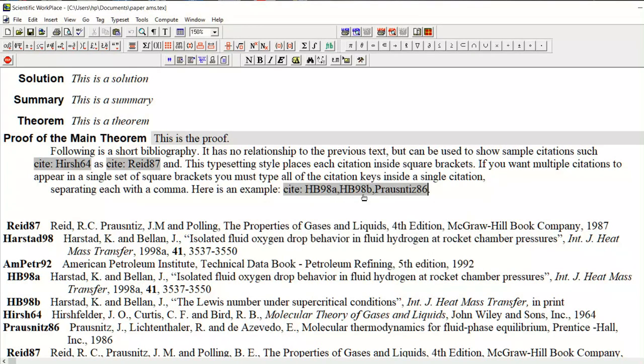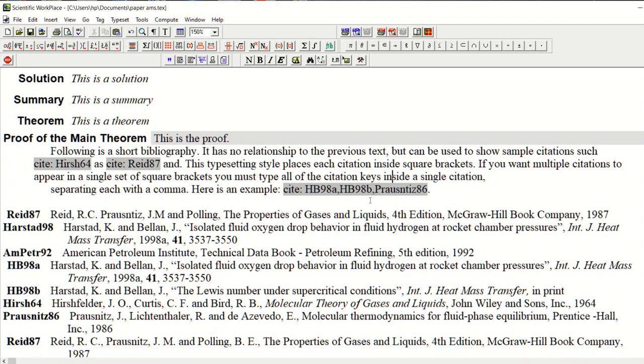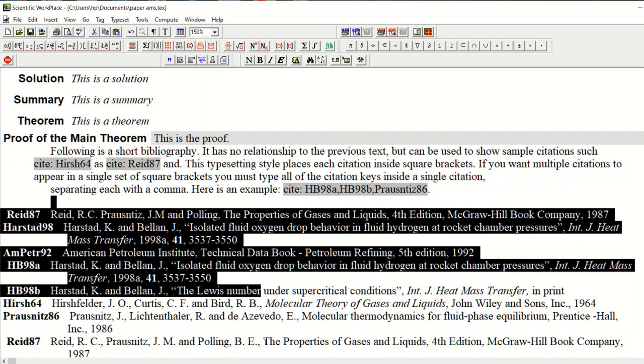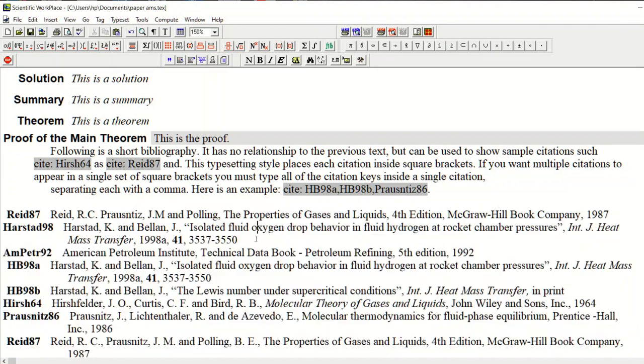So in this way multiple citations can be written in a single set of square brackets. So this was the procedure to make the list of bibliography items or the list of references and to cite those references in the document at the appropriate places.